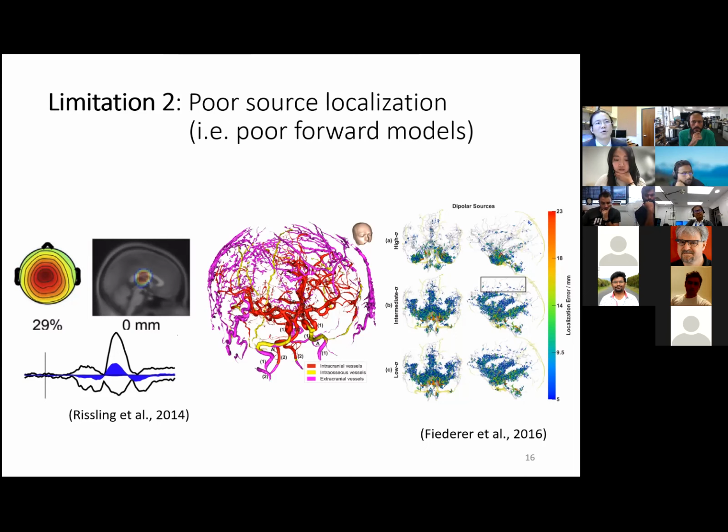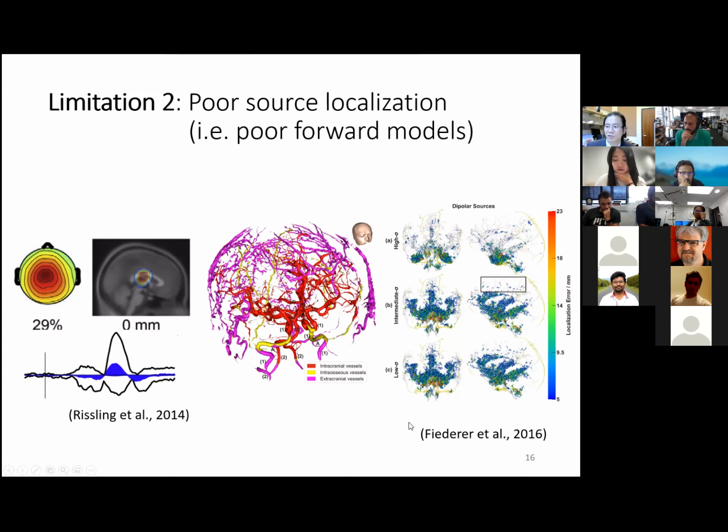So some people misunderstand this issue. They say, "Oh, because we have 7 Tesla MRI, our source localization is great." No, because MRI does not measure the electric conductivity of those tissues. Another issue is those blood vessel structures are completely omitted from the conventional head models, and there is some interesting